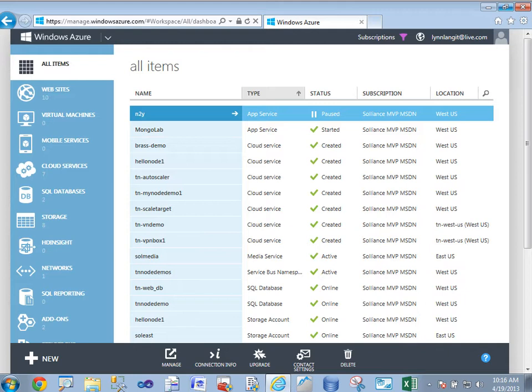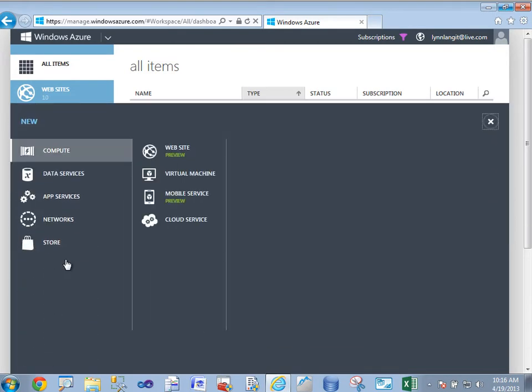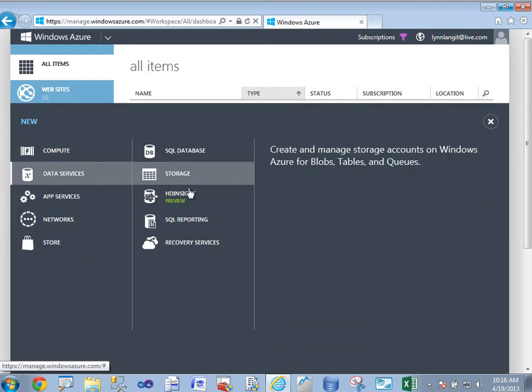At the time of this recording, which is April 2014, this service is still in an invite-only beta. So you'd have to send a request to Microsoft. They'd have to approve your particular account. So my account's been approved, so if I click New and I click Data Service, and then I go over